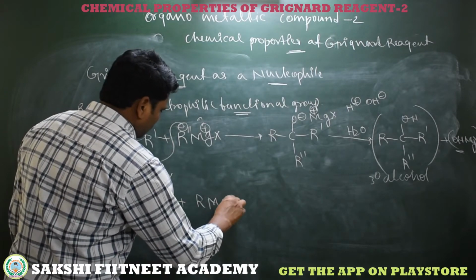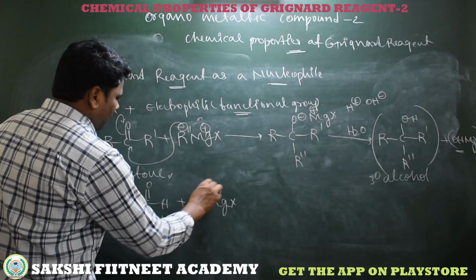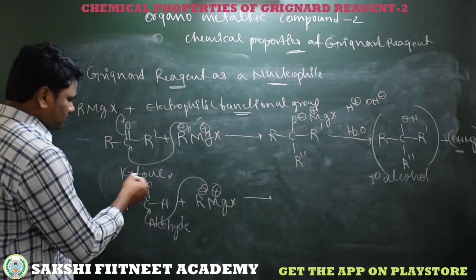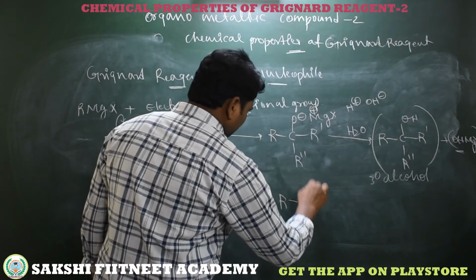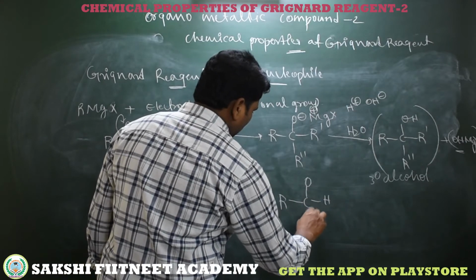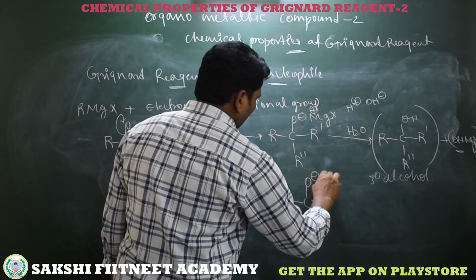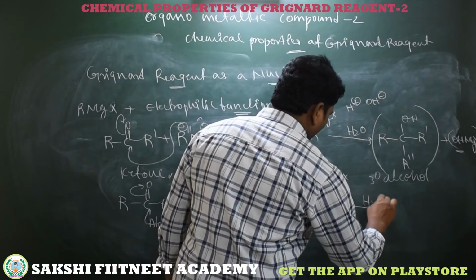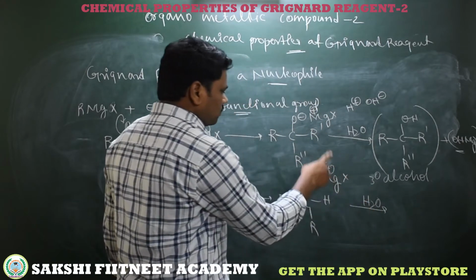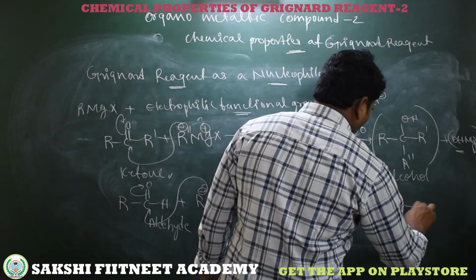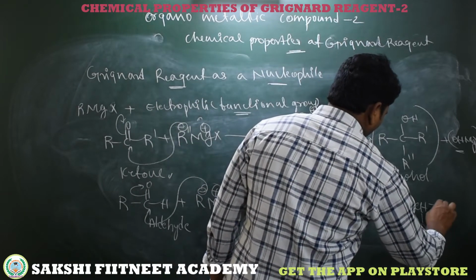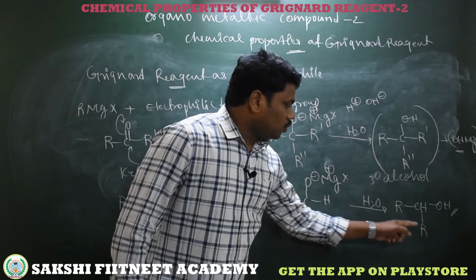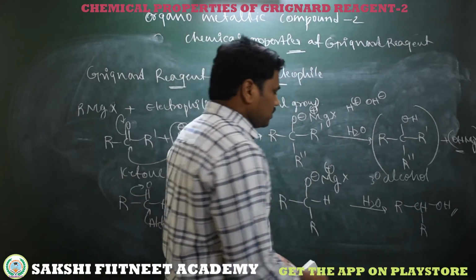With a Grignard reagent, R minus Mg plus, the R minus bonds to the carbon, and the pi electrons shift to oxygen. Then we get R O minus Mg X plus. On hydrolysis, H plus goes towards O minus and OH minus towards Mg X plus. So we are getting R C H R O H. See here, that OH group is bonded to the carbon bonded to two alkyl groups. So this is a secondary alcohol.